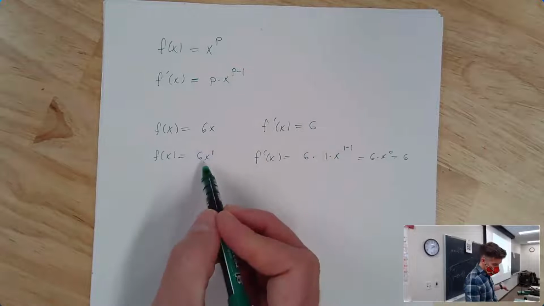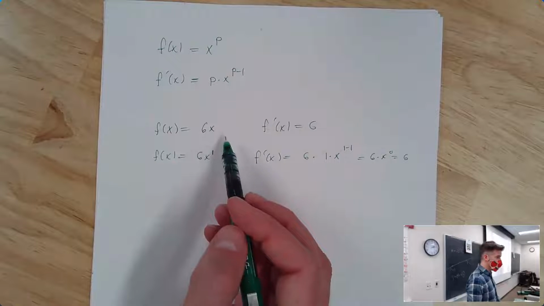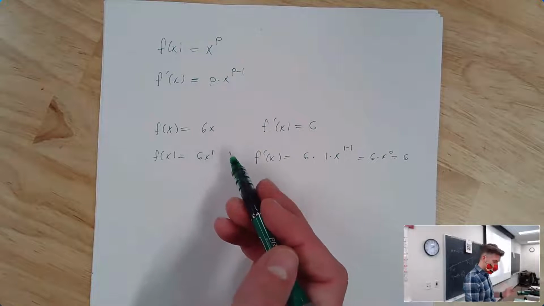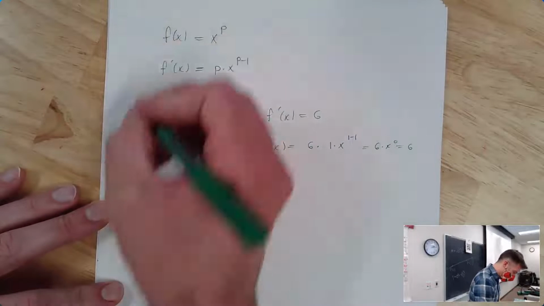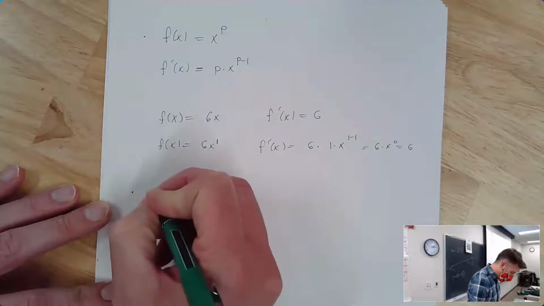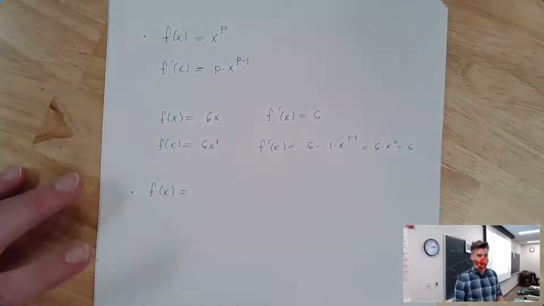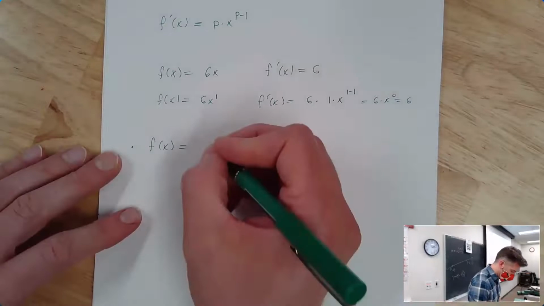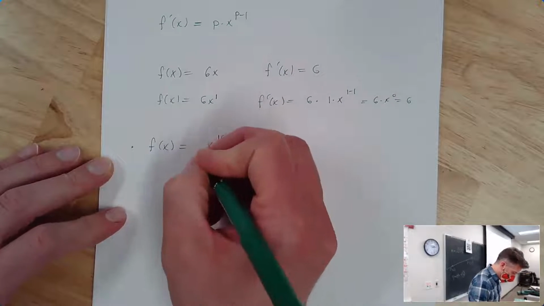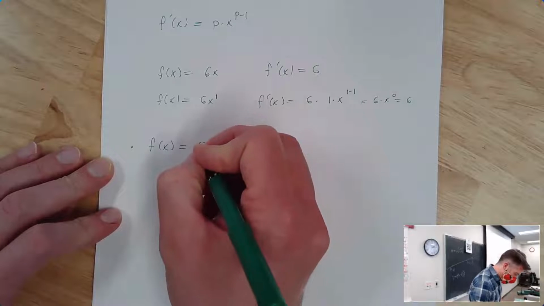Right? Like, we don't really need to use the power rule for the derivative of 6x. We know that line has a slope of 6. But for other things, we do. And so what I really want to emphasize here is that we've got some other rules for derivatives that we just use without ever talking about using them. It's not like it's a secret or anything. It's just we don't. So let's say we had something like 5x to the 10th